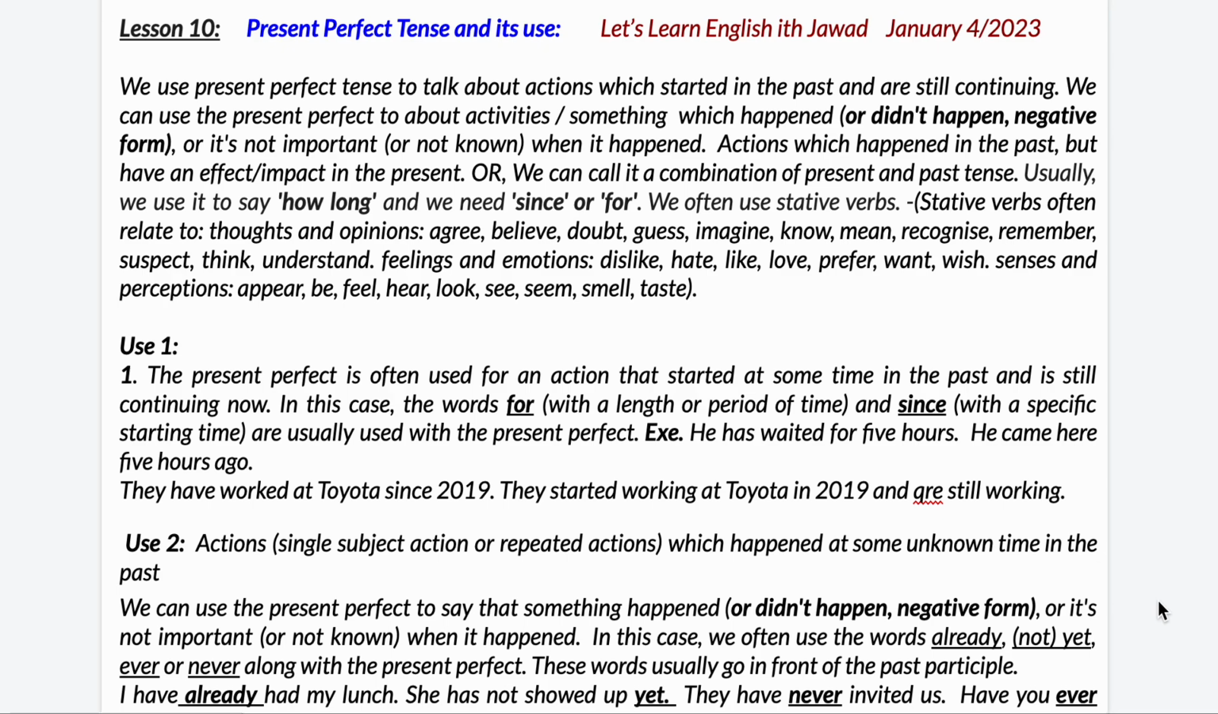Today is lesson 10, and today we are going to talk about present perfect tense and its use. Present perfect tense is one of the tenses that we usually use a lot, and nowadays people use it in everyday conversations. The structure is a little complicated for some people. For some, it might be a little weird, but hopefully we can clarify that part